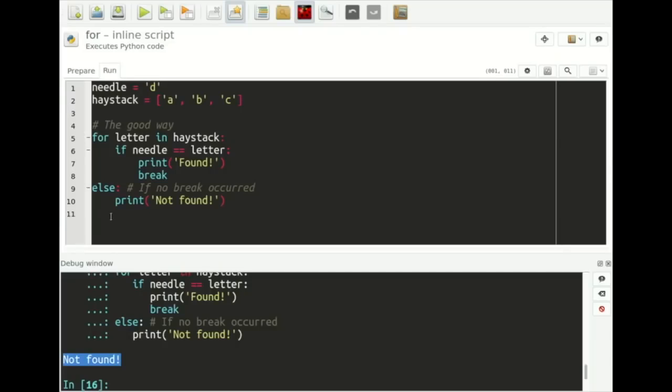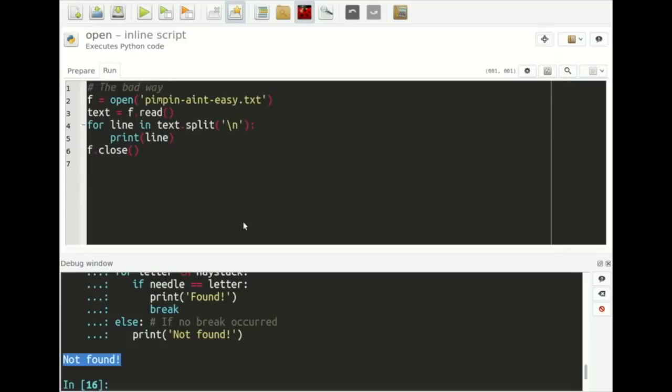So the bottom line is, if you want to do something at the end of a loop, only if the loop was completely finished, and this happens quite a lot, right? Then you should use the else statement in combination with a for loop. So you should think of else as "if no break occurred." That's a very convenient trick to know. Okay, so let's move on to trick number 6,